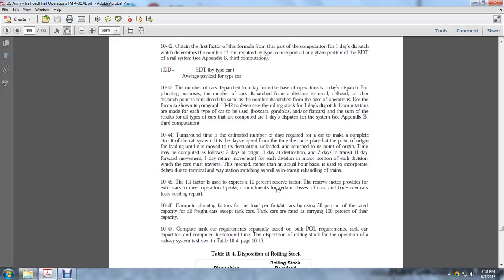1046. Complete planning of the net load per freight car by using 50% of the rated capacity of all freight cars except the tank car. The tank car is rated at carrying 100% of its capacity. Compute tank car requirements separately, based on the local POL requirements. Tank car capacity and the computed turnaround disposition of rolling stock of the operating railway system is shown in Table